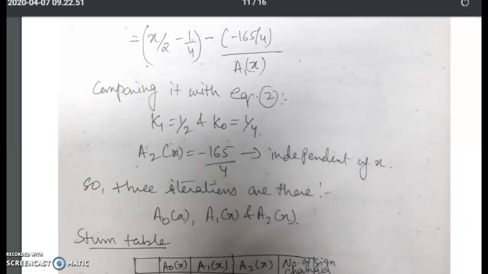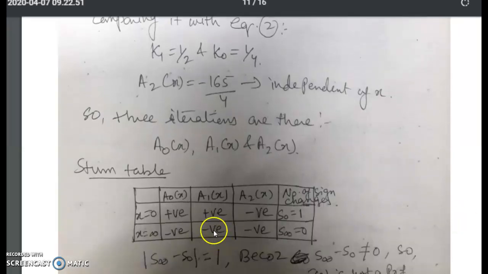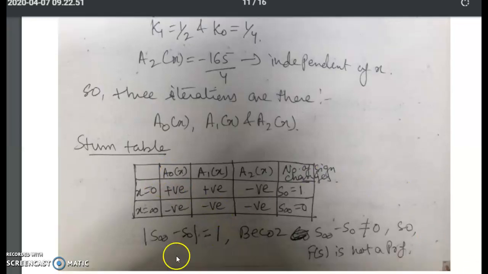Now we will form the Sturm table. In the Sturm table, a0x, a1x, a2x, 3 iterative equations are there. When x is equal to 0, a0 is positive, a1 is positive, a2 is always negative because it is independent of x. When x is equal to infinity, a0 is negative, a1 is negative and a2 is